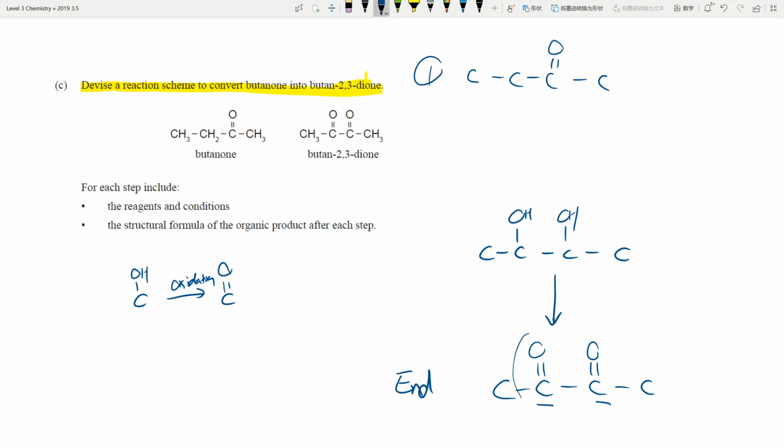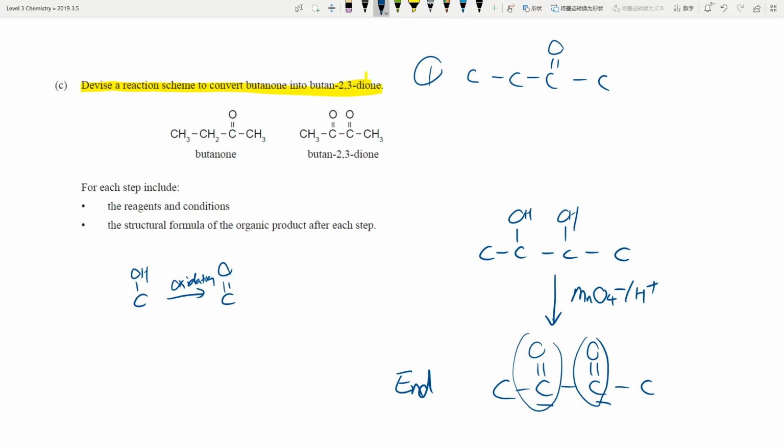I want the C double bond O. How do I get the C double bond O? Oxidize the alcohol. So this is oxidation. So I can just use MnO4 minus, or you can use Cr2O7 2 minus. Okay. Now the next bit that you can do